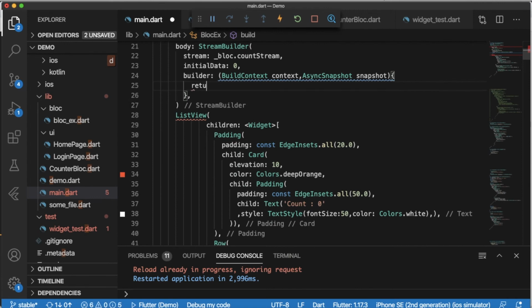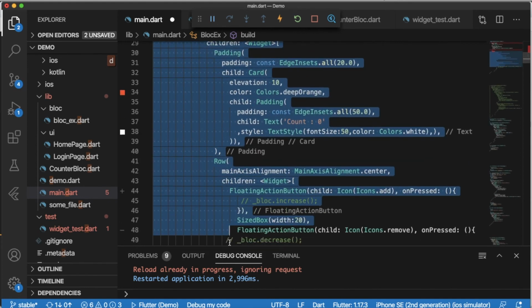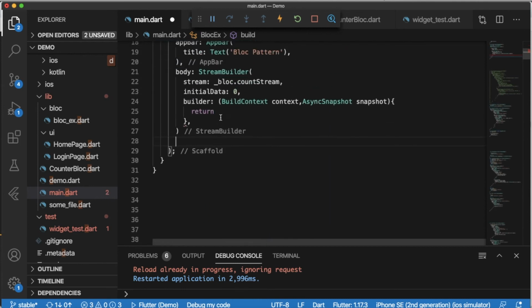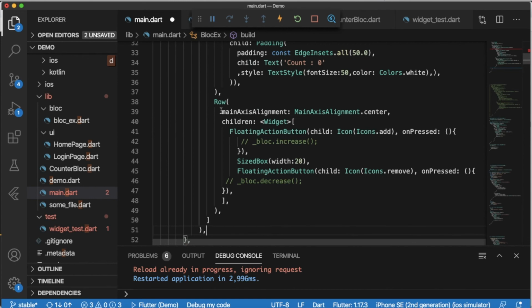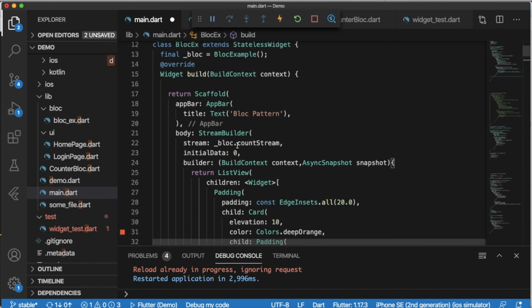So I will add a return statement, and I will add our complete UI in the builder method. Okay, add here a semicolon. Okay, that is fine.